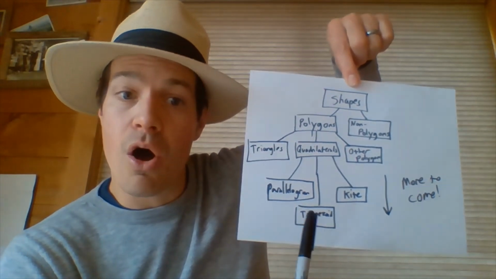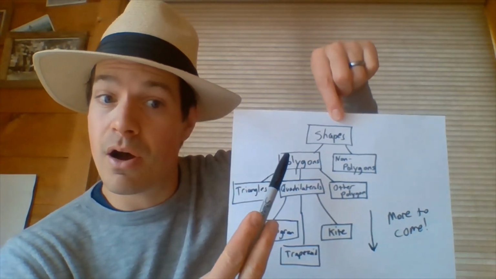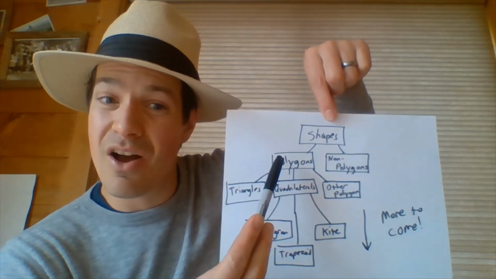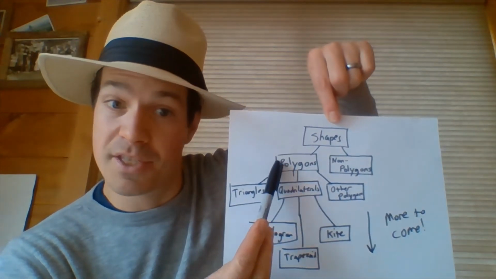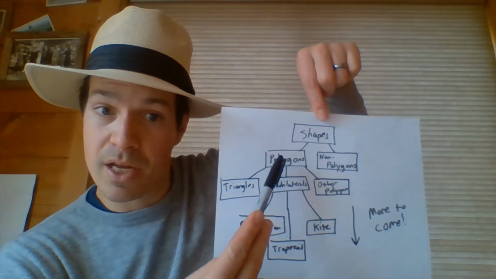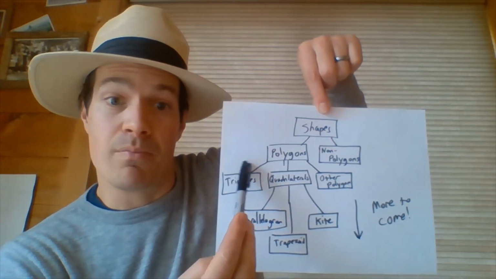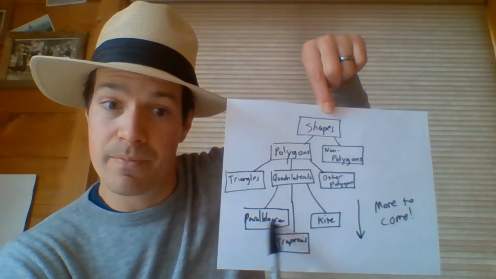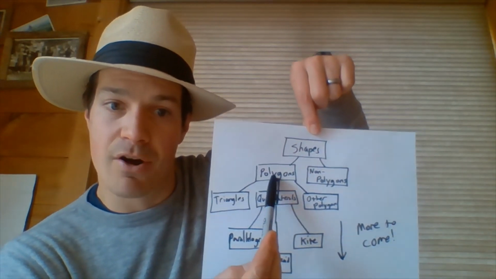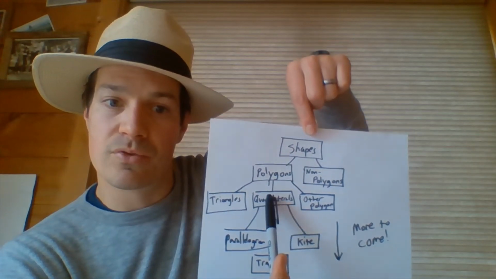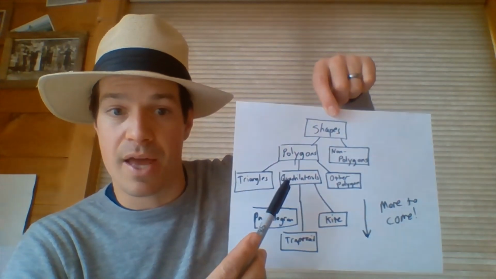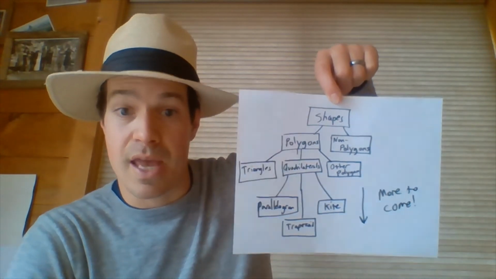In this we can see all trapezoids are polygons because they have to be, everything in this group is also in this group. But not all polygons are trapezoids. Some polygons are triangles, some polygons are parallelograms. But if you're in this group right here, polygons, they could be many different groups they've broken into, but this trapezoid one is made up of all the groups that are connected above it. You can kind of follow the lines back up the hierarchy, and as you go up from trapezoids, everything that's true about it is also true about the shape above it. So all trapezoids must be quadrilaterals and polygons and shapes.